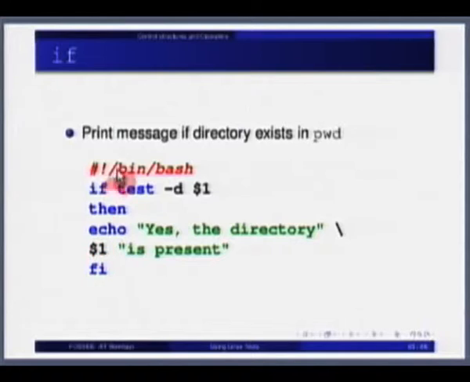If it is not there, then this test will not execute, and whatever is written inside the then and fi will not be shown on the screen. How do you end it? If you start with if, you will end with fi, the reverse. That is how you will end this. We can see some more examples on the prompt.